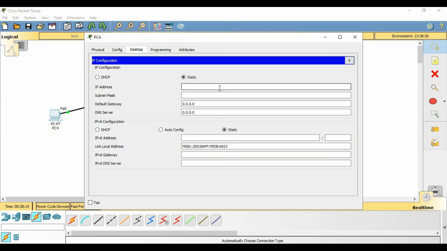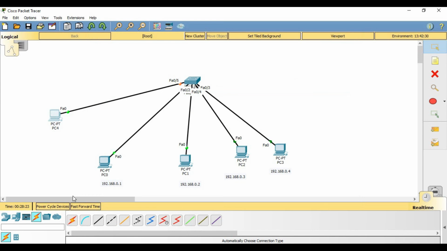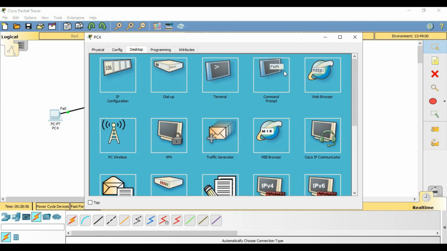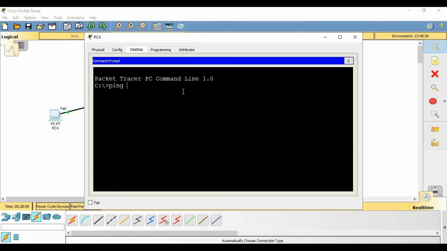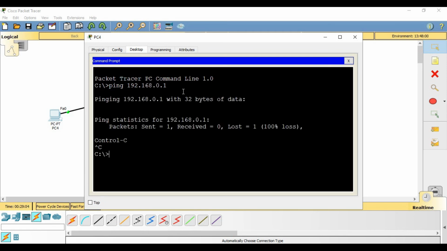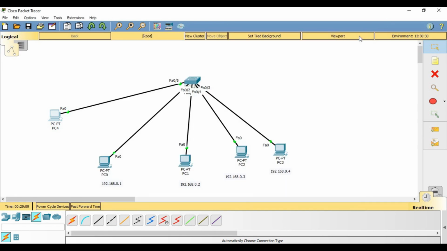The same goes for any new PC getting connected to this switch. This new PC won't be able to communicate with anyone, neither 0.1 nor 0.3, because this particular PC is by default part of VLAN 1, and these two are part of VLAN 2 and these two are part of VLAN 3. So this PC can only communicate with PCs or devices that are part of VLAN 1.